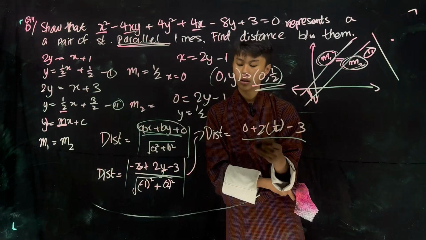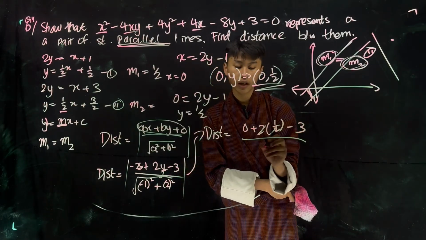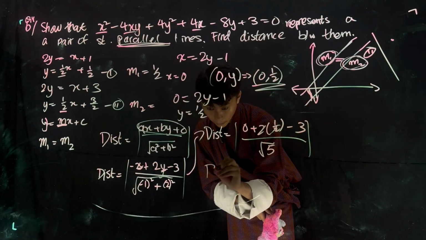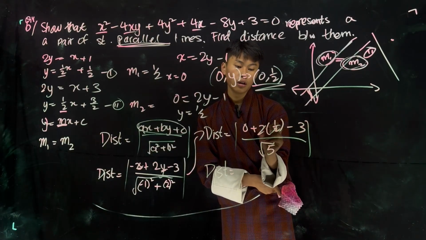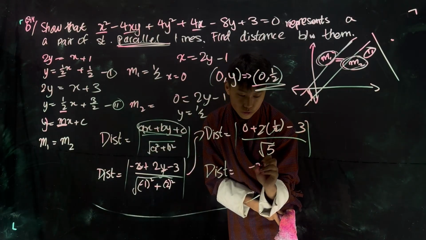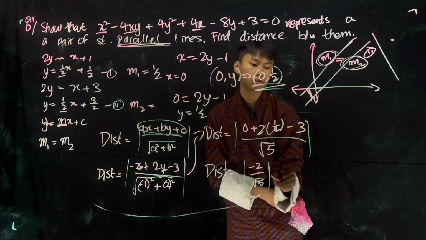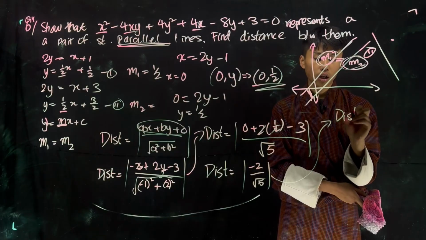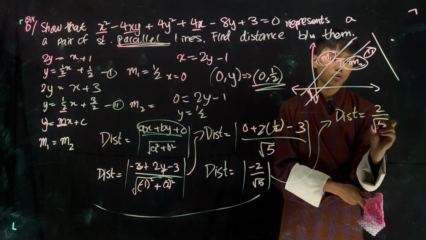So 1 minus 3 will give us negative 2. Negative 1 squared is 1 plus 4 is 5. So the distance will be equal to negative 2 divided by root of 5, and don't forget the modulus. So after applying the modulus, we get the distance between the two lines as 2 divided by root of 5,